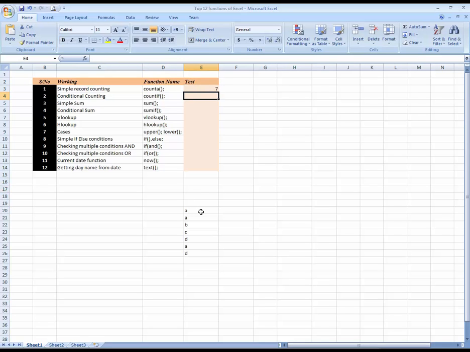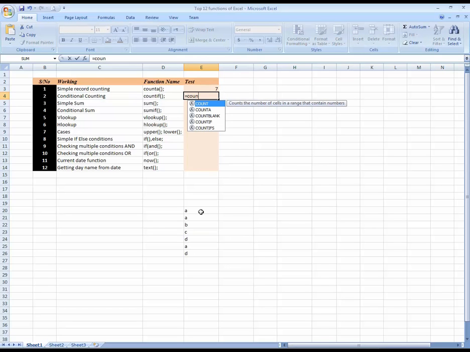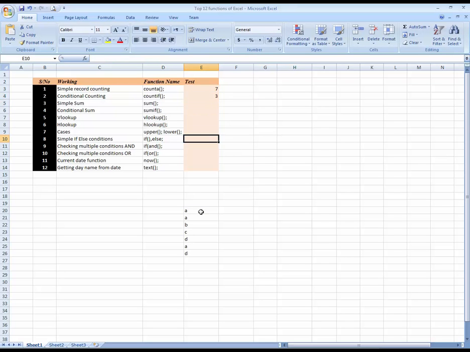So I'm going to use count with condition, COUNTIF, and give the range. The range is over this table, and then the criteria, give criteria in inverted commas. I'm going to count A. Then close parenthesis, press enter. It returns that there are three letters A.